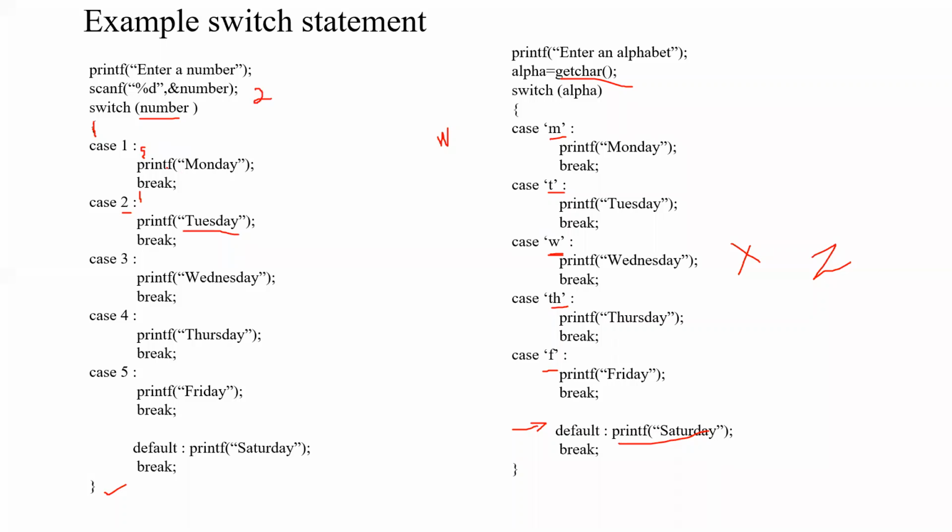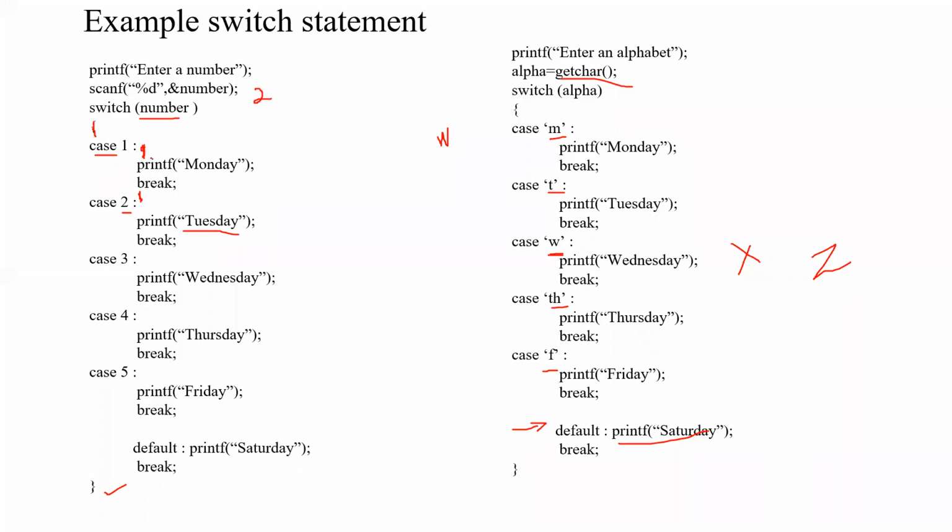But in the case of an if statement or if else statement, if you have more than one line of code to be executed, then you have to start and end a curly bracket. For switch case, even if you don't mention the curly bracket for each set of statements to be executed for each case label, there will not be any error. That is optional. The curly bracket, is it clear?